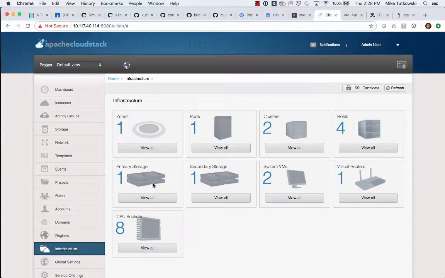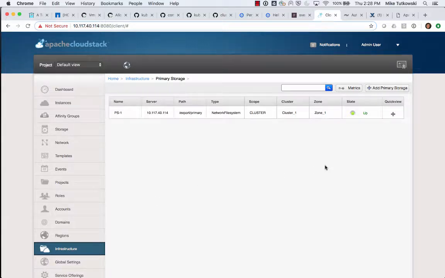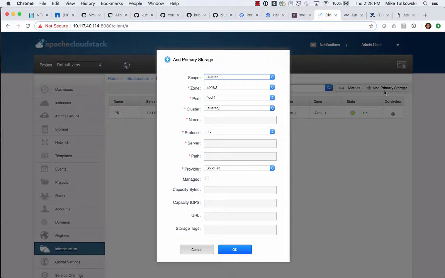Let's go to primary storage and click on the View All button. And in the upper right, we'll click Add Primary Storage. Now here we want to have cluster scoped primary storage. I just have the one zone, the one pod, and I'm going to pick my VMware cluster. I'll provide a name here. Let's do SolidFireShared